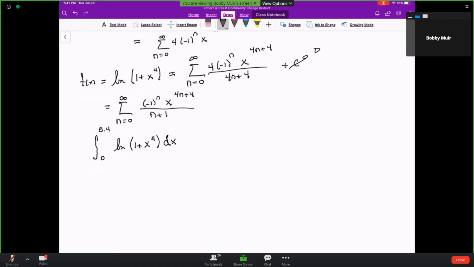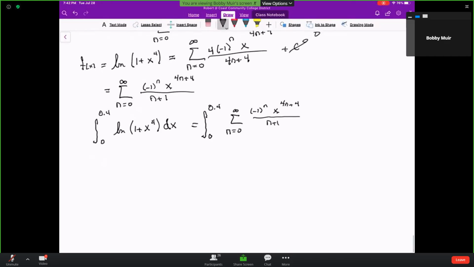This integral is the integral from 0 to 0.4 of the sum from 0 to infinity of negative 1 to the n, x to the 4n plus 4, divided by n plus 1. The result says that I can integrate each term by term. So it's going to be the sum from 0 to infinity of negative 1 to the n, x to the 4n plus 5, divided by